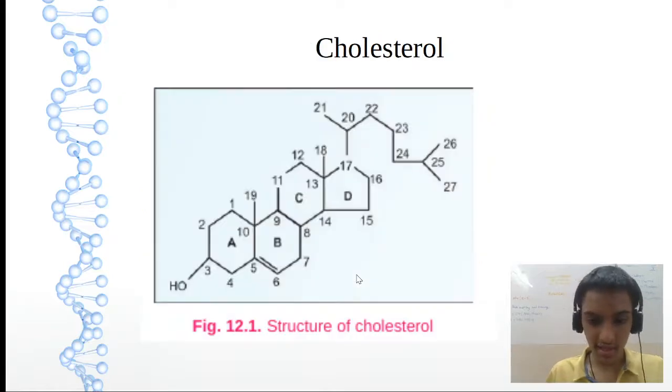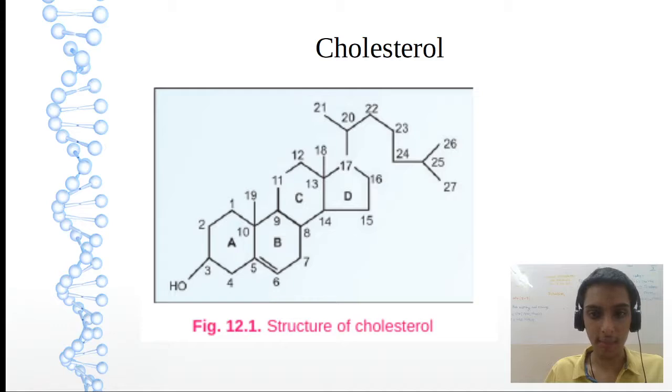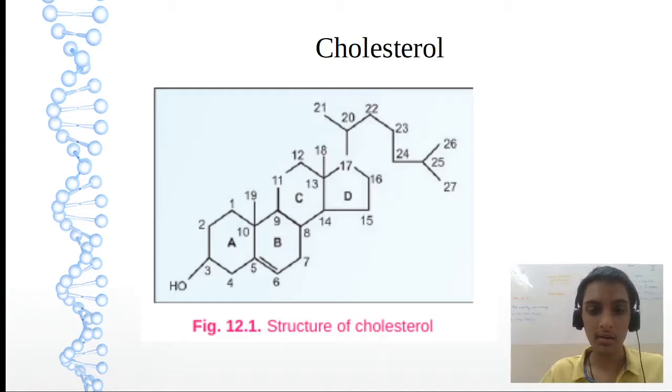So this is the C triple P ring which I was telling you, cyclopentanoperhydrophenanthrene ring. Please remember this name is very important, and this structure which I am showing you on the screen, this will be a spotter in the final exam. So when the spotter comes, please remember this important ring for cholesterol.